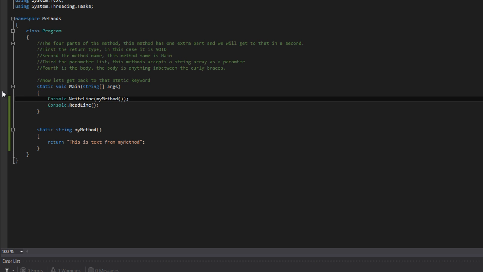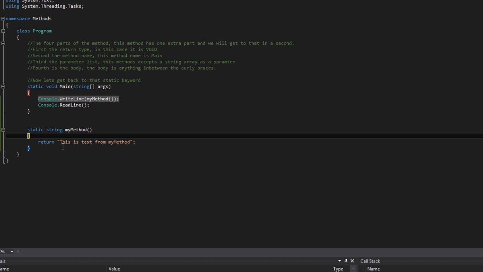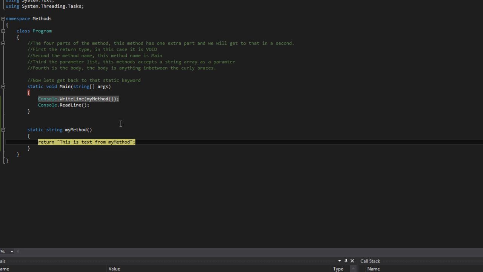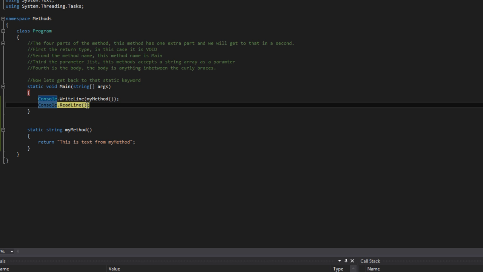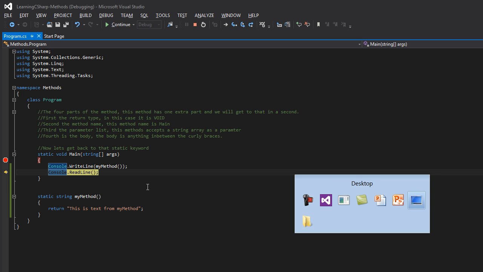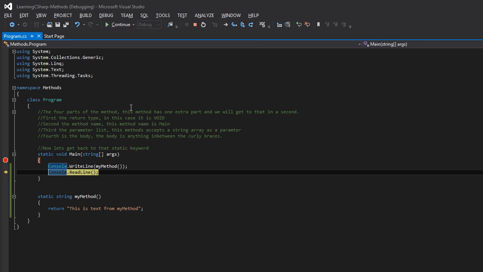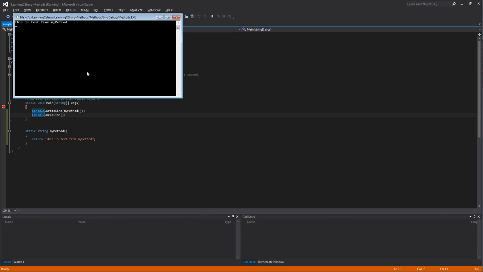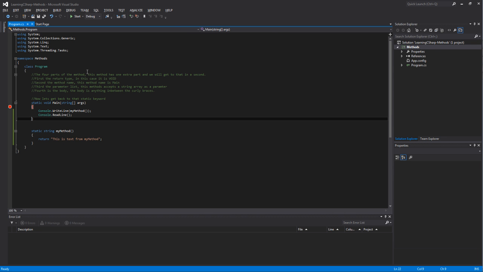And again, we can step through that to see how that's actually done. And we'll go ahead and do F5, and we'll F11. Now we're going to call the console.WriteLine, which in turn is going to call our method. It's going to get the string here. Now it's going to return it back to the WriteLine method. And now that text will be in the console, as we see there. Still we're not to the read line yet, so it's still waiting on us. We'll do F11 again. Now it's waiting on us. So now we'll go ahead and press enter, and we'll get back to the code, do F11, and the program